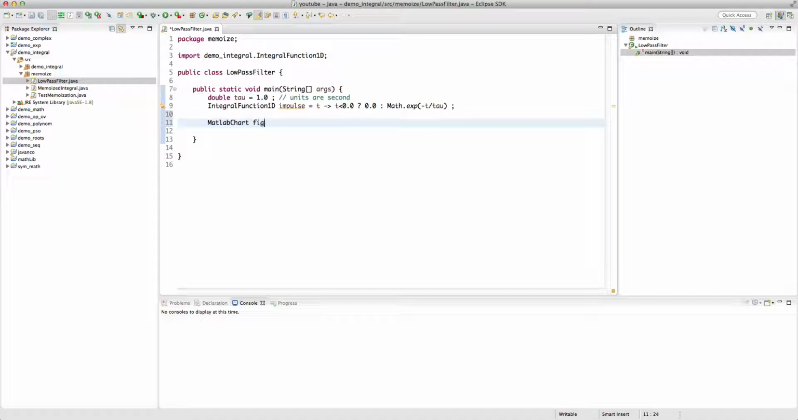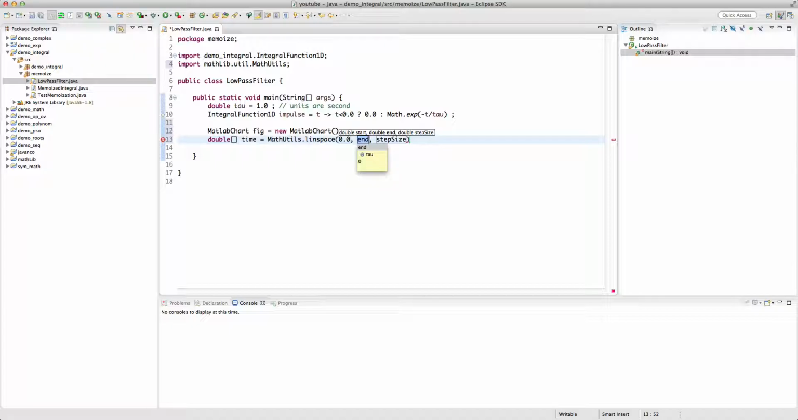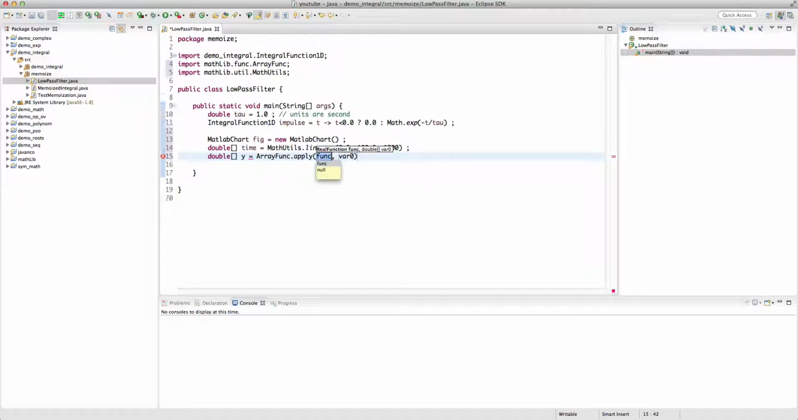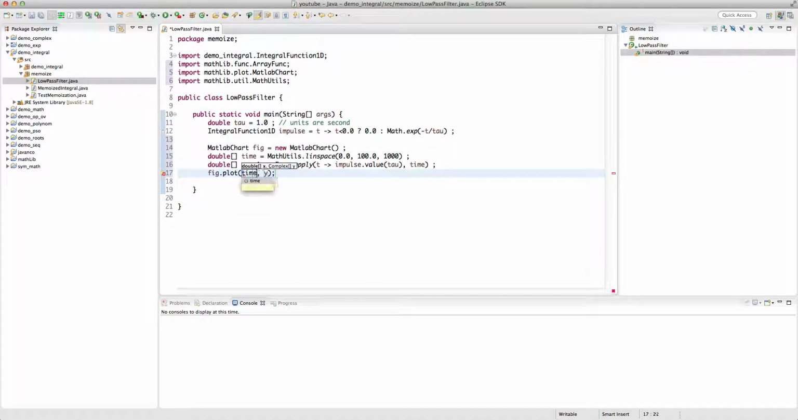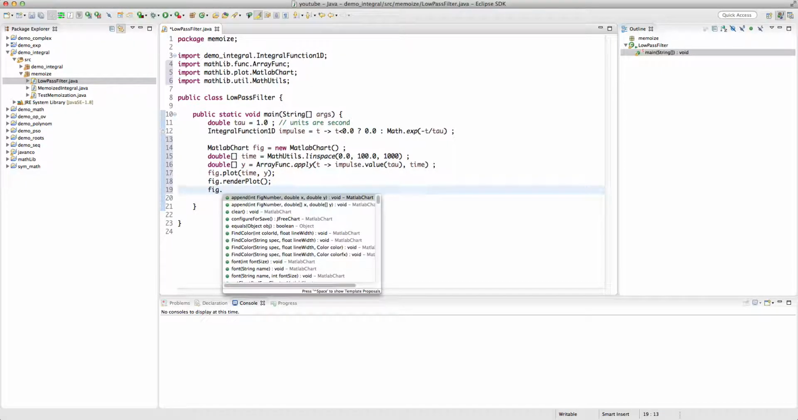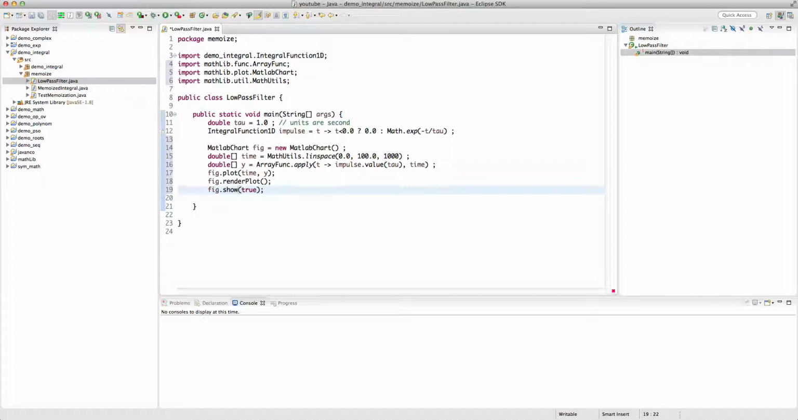So MATLAB chart, fig, new MATLAB chart, fig that. Double time is math utils dot linspace from 0 to 100 seconds with 1000 points, and double y, for example, is array func dot apply, t goes to impulse dot value at t. We're going to apply to the time array, and fig dot plot time y, fig dot render, fig dot show. All right,